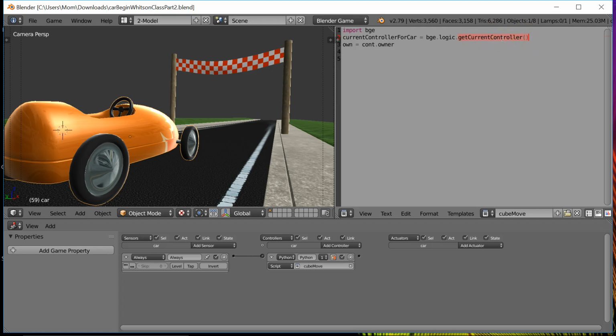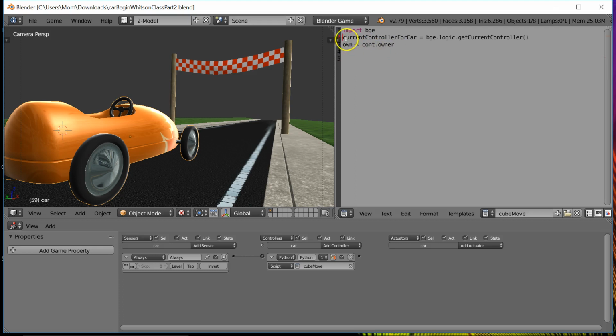You need to get a handle on it because we're going to do things to the current controller, and the computer doesn't know when you say, I want to use the controller, there's going to be lots of controllers, right? And it's going to be like, well, which one? Which one are you talking about that you want me to go change things to, right? So this is called getting a handle. So we get the current controller and it is now entered. Now we can just use this variable when we want to talk to the current controller. Okay,